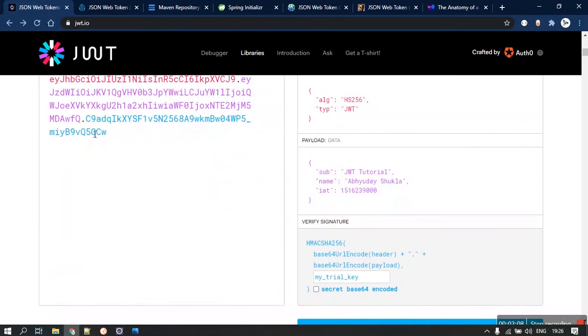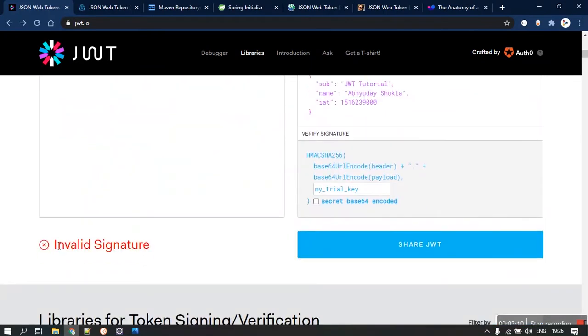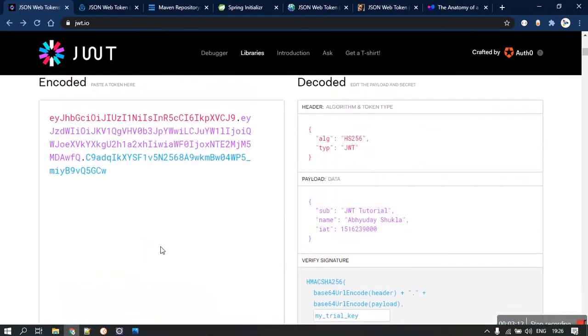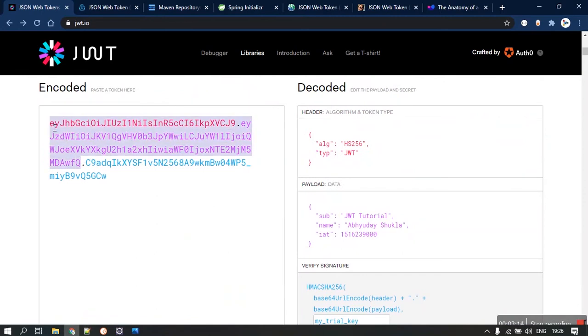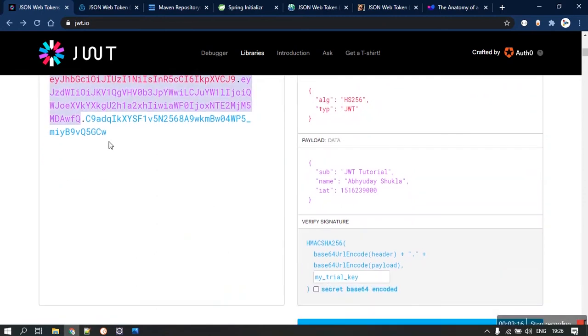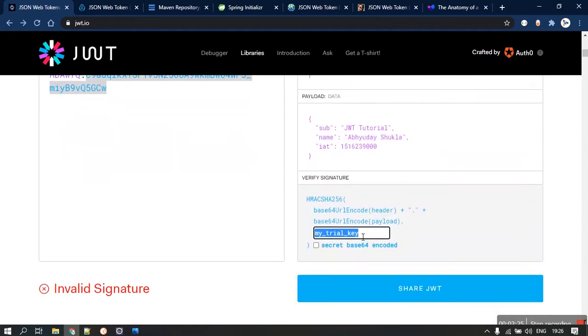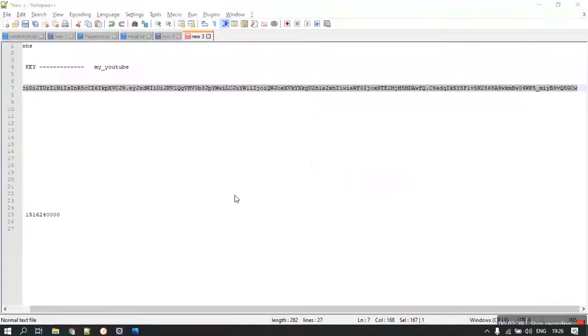I'll paste it right over here, and I will get a message that it is an invalid signature. Why? Because the header operated with the payload did not result in the signature that was made using this key. Our guess of the secret key was wrong, so that's why it was an invalid signature.